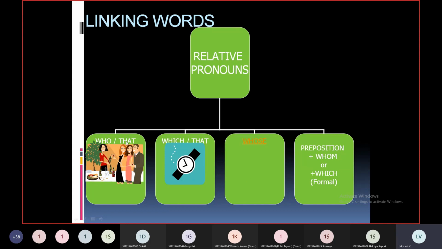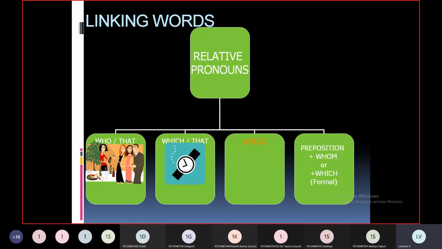And if you can observe, there is the common word that. Did you observe the common word that here? This is used for persons and things, as subject and object of the clause. This linking word that is used for persons as well as for things, as the object of the clause, and after a superlative also. That can be used informally instead of who and which. So in informal sentences, that can be used in place of who and which.